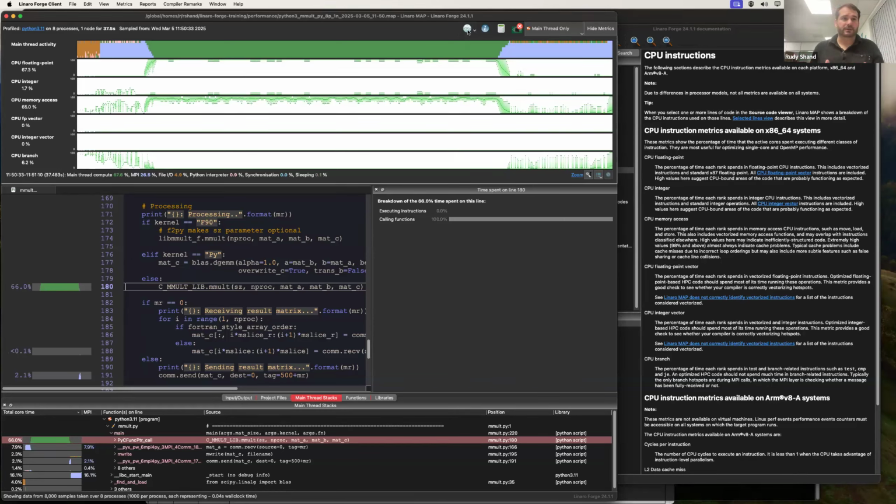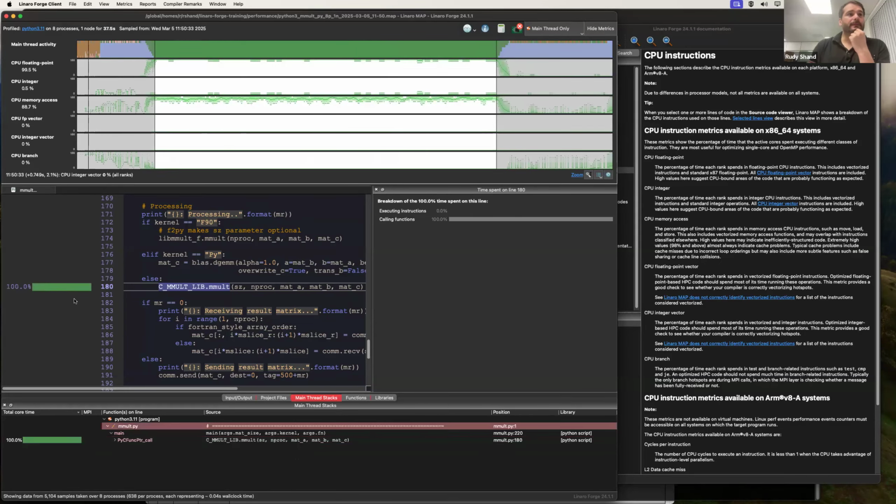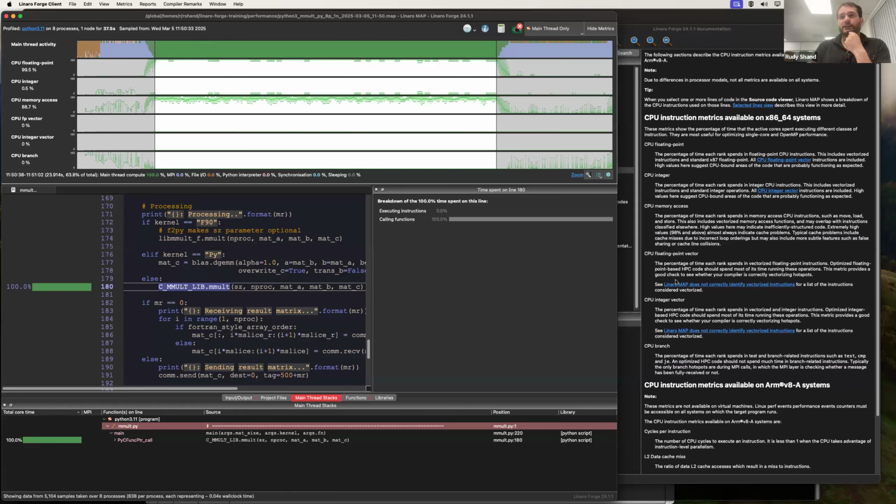And what Map is really focusing on is that we want to investigate what is going on over here. So we can zoom into this as well, and from just the zoom here, we can see all of this time is being spent in this cmalt lib function. And from here, we can see what the CPU floating point is. So this is 99.5. And if you look at the user guide,